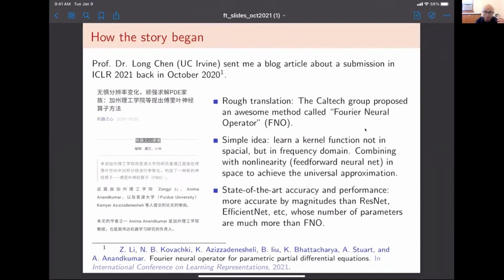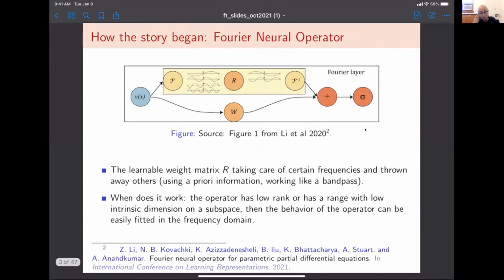I thought it was a simple idea. I'm just curious why people haven't realized it earlier. So the idea is pretty simple. Basically, it's like a simple regressor in the frequency domain. So I stole this image from their paper, and